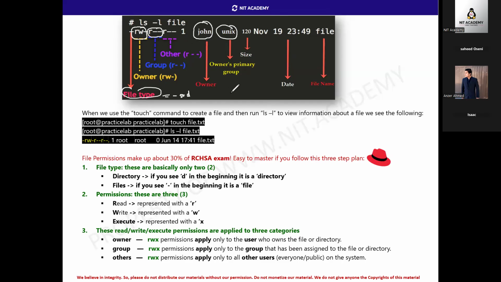Okay. These are not magic. It's not like something is falling out of the sky and some permissions have been given to you. There is a structure in place. There is a method in place. There is no such thing as magic. Everything is structured in Linux. Okay. So we need to understand